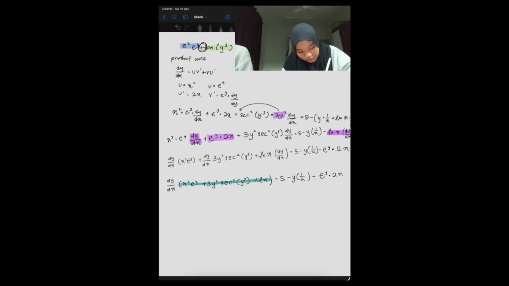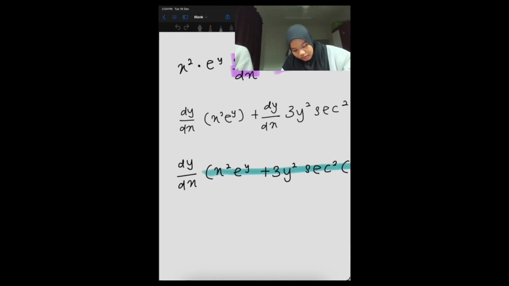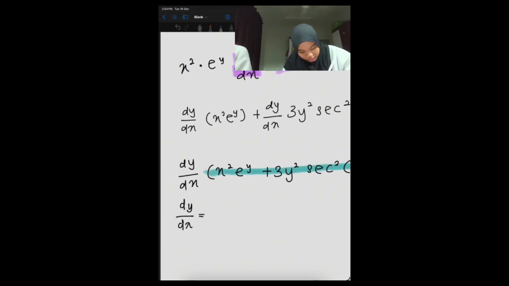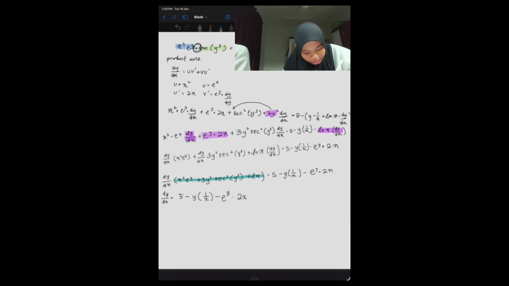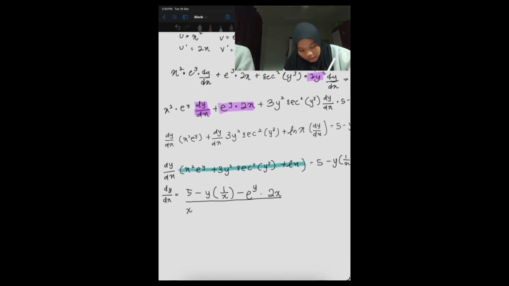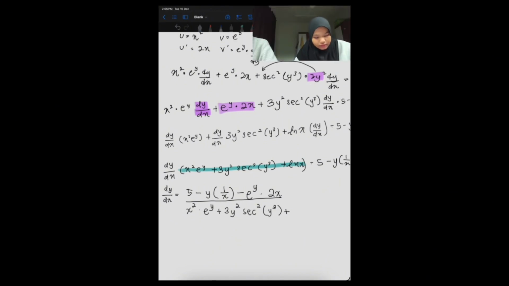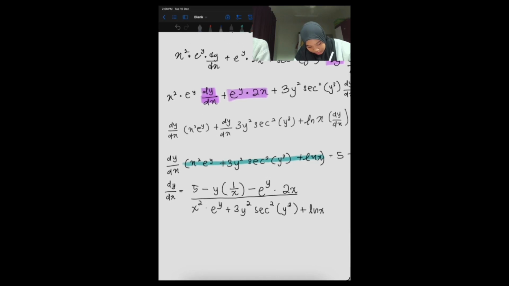dy/dx, and bring all of this to the other side, and it will be dy/dx equal [5 − y multiplied by 1/x − e^y multiplied by 2x] over this one: x² multiplied by e^y plus 3y² sec² multiplied by (y³ + ln x). So the next step is dy/dx equal to